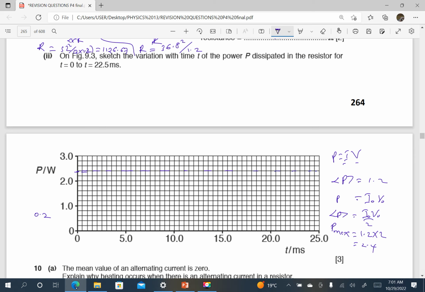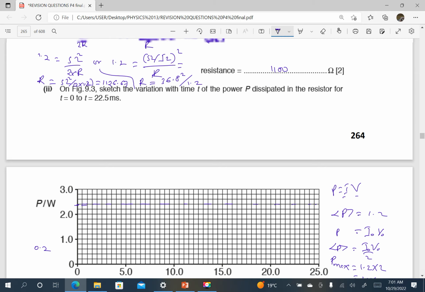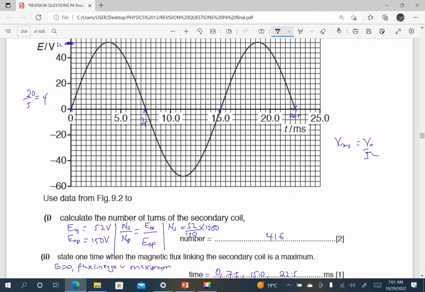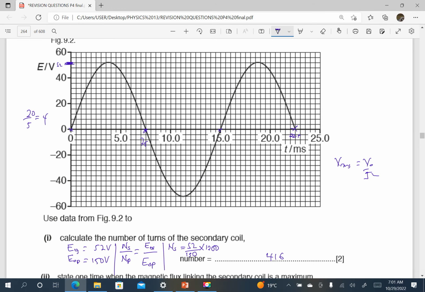My graph shall not go beyond that line. Okay, so I need to look for the frequency from the graph, because I will not just sketch randomly. So I'm seeing that from this graph, this is in the middle here,